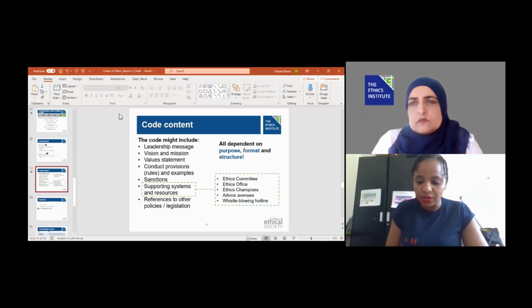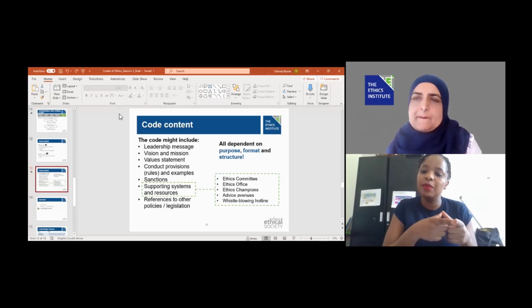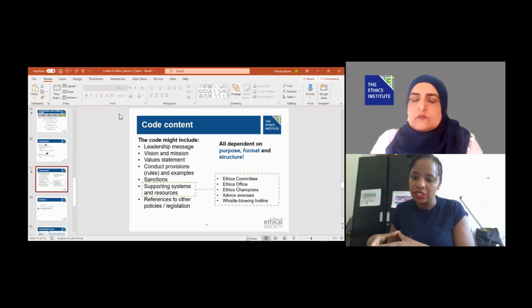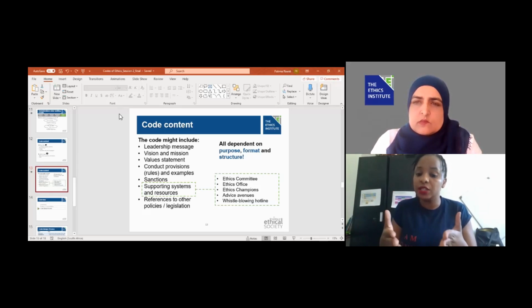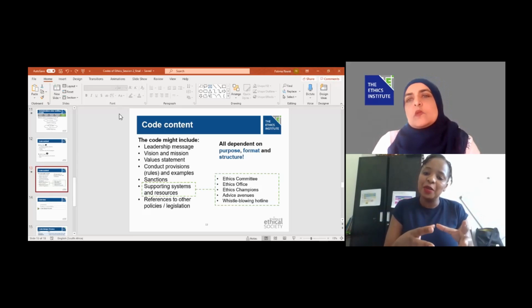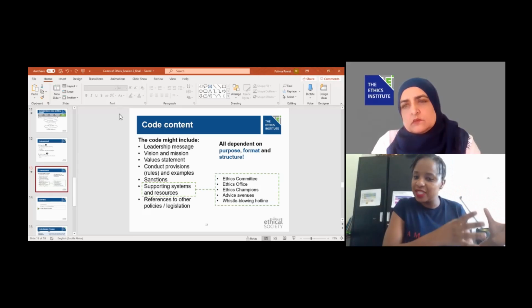Again, for multinationals, it's very important that we look at the language that we use, because the same term has different meanings in different jurisdictions. So it's very important that we have that very well aligned and localized. And having said that, also, if you have different languages in one country, it's important that the people that participate on the drafting are the same that do any translations to the code of ethics, because we don't want to lose the purpose that we first established.